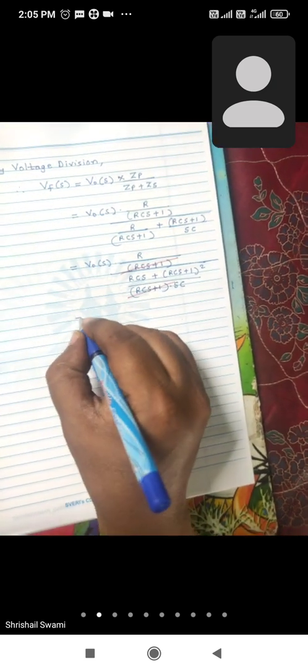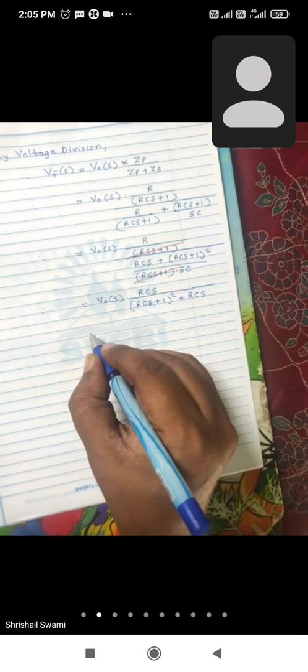कुठं जातो, वरती जातो. ओके, सो इट विल बिकम्स V0 of S as it is, this left hand side as it is, remember. So R into CS, it becomes RCS, SC will go to the numerator, R into CS, डिनॉमिनेटर मध्ये काय होणार, RCS plus 1 bracket square as it is plus this RCS. Okay, now solve this bracket, V0 of S as it is, this RCS as it is numerator मध्ये,